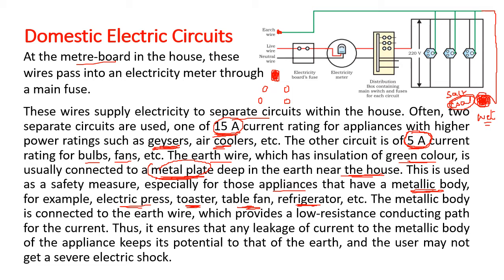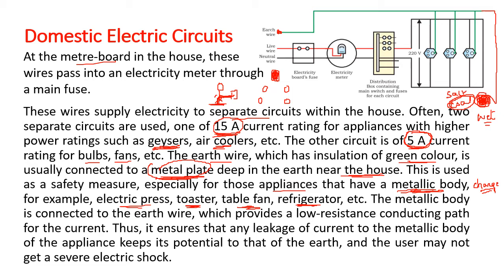Now these metallic bodies, what can happen when electricity is passing, some charge can escape and deposit on the metallic body. So if you touch this metallic body, when you are not wearing any slippers or rubber shoes on your legs, then when you touch a metallic body, while on the earth, if the circuit is complete, then you will feel an electric shock passing through your body. Because the earth is a conductor, it will pass through your body.